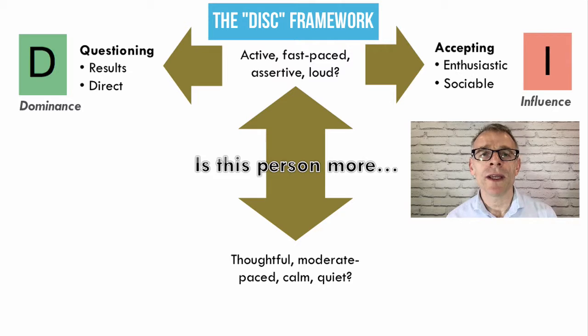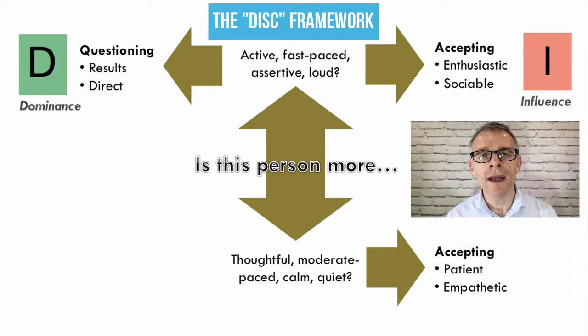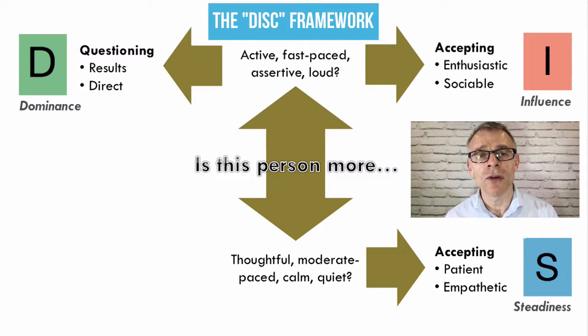Now moving around, we come to the S. So the S stands for steadiness. Now these are the quiet, more calm people, but they are also relationship driven. They want to be the ones who are nurturing and supporting people. Particularly important during times of change. Whilst they're quite change averse, they're very, very good at keeping people on track and being a calming influence within the team. Moving round to finally the C, which is conscientiousness.